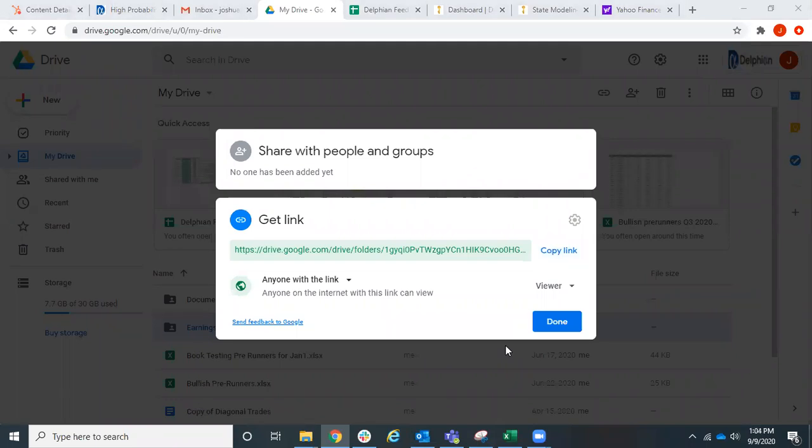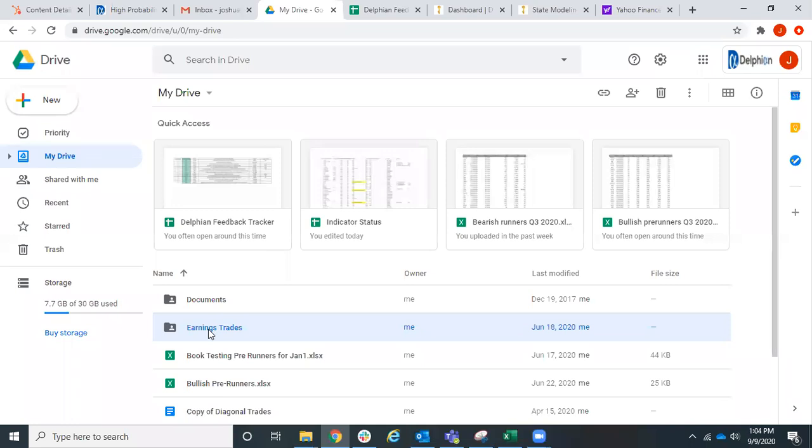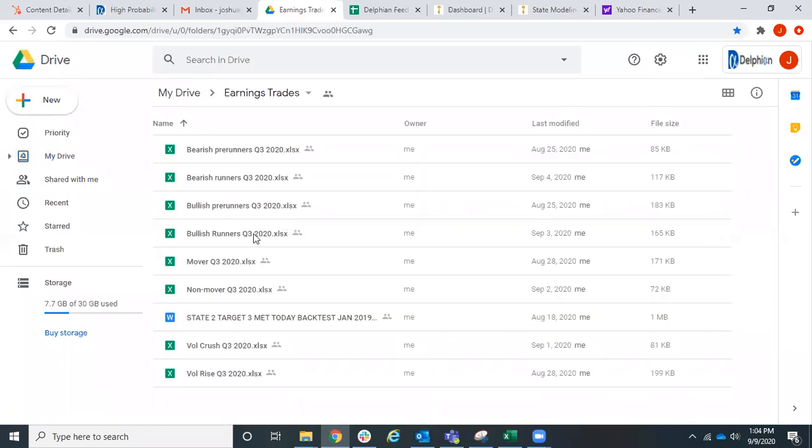So that's the share drive, and it's read only, so you can't share on that one or edit anything. In there are all the different trades for 8 different strategies, and